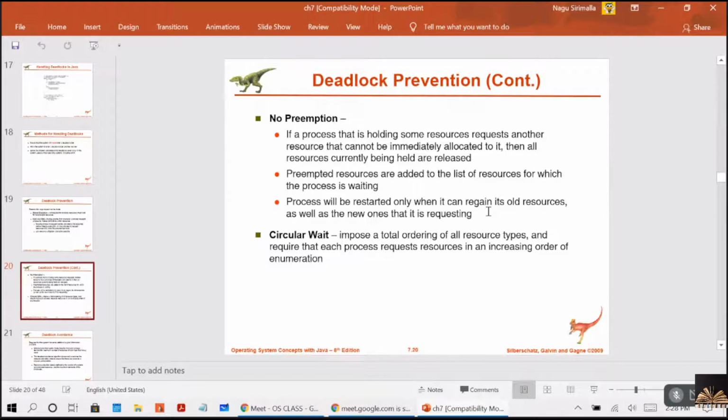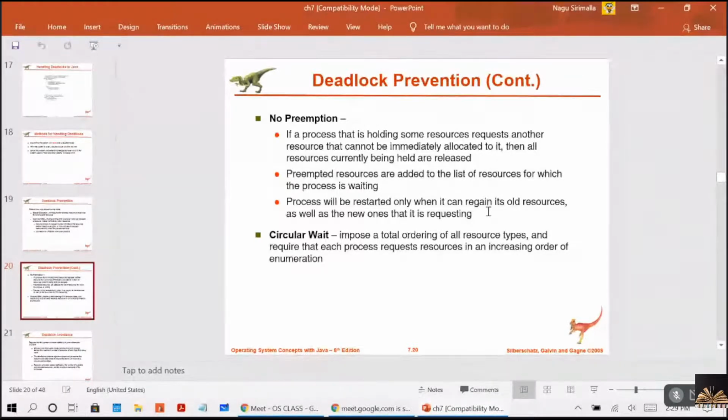So here I can represent a one-to-one relation function as f equal to R to N. What is our resource type? N is a number, that means the count of resources. What are the set of instances I have of the resource type R? I have resources R1, R2, R3. If R1 is equal to 1, it means I have only one instance of R1. R2 equal to 4 means I have 4 instances of resource type R2.